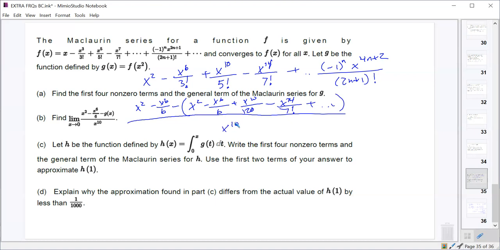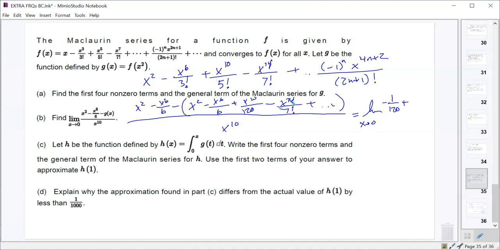So the first thing that we will note then is that this becomes, well, x squared minus x squared cancels. Negative x to the 6th over 6 will cancel with the plus x to the 6th over 6. We end up with a negative x to the 10th over 120. Well, that x to the 10th over 120 is going to be divided by x to the 10th. So that's going to be the limit as x approaches 0 of negative 1 over 120 plus, well, all these